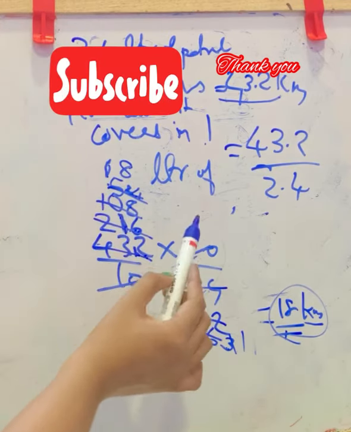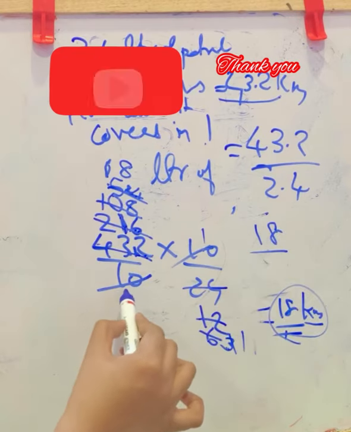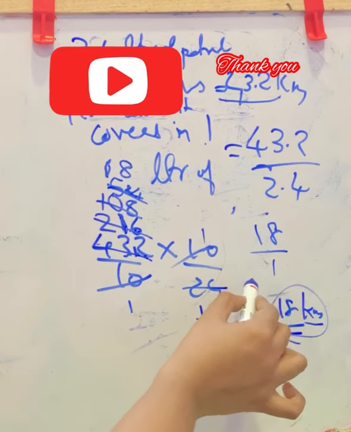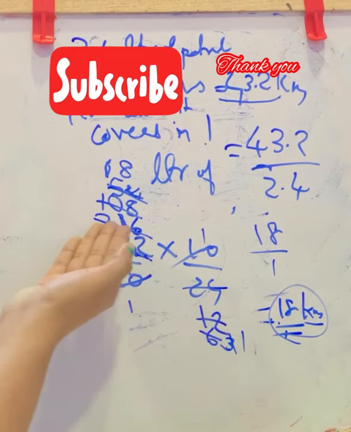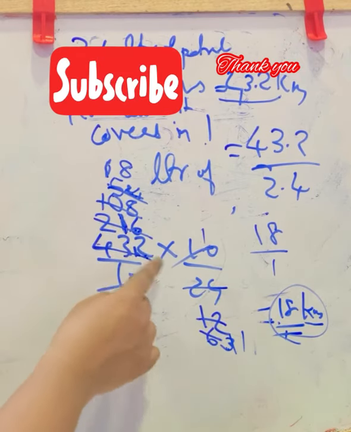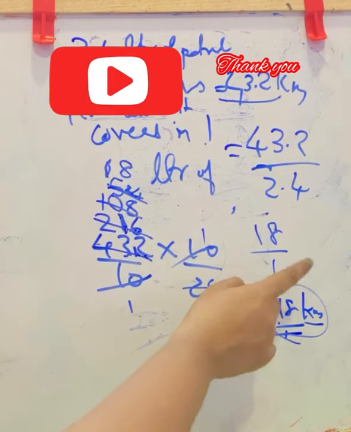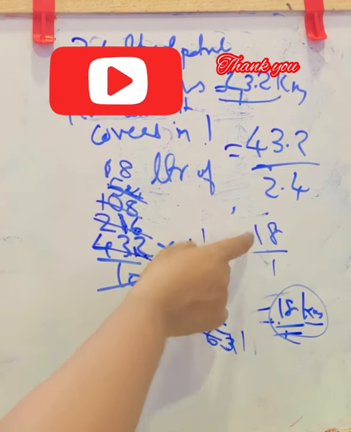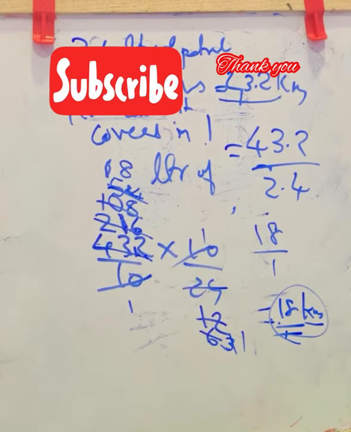Here you got 18 into 1 in the numerator. That is 18 by, here 1 into 1 in the denominator, by 1. 18 by 1 is 18 kilometers. I did it directly with 24 before. Now I start with factor 2 and cut with all the common factors. Again I get the same answer, 18 by 1. So this is what we have to learn in this chapter. Thank you.